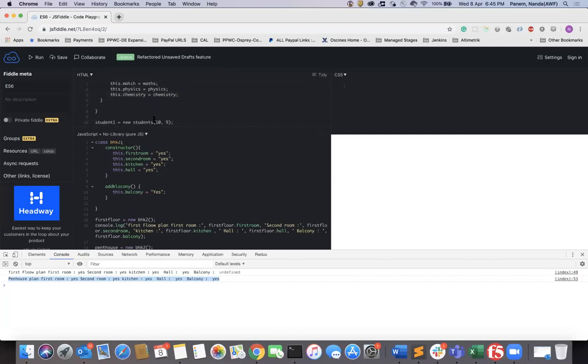Whenever a student is created, you can pass it, or you can leave it empty, so that the data will be undefined or empty. So you are reducing the work and you can create a class, a blueprint. By using this blueprint, you can create multiple objects without any issues, and you can modify the data easily.